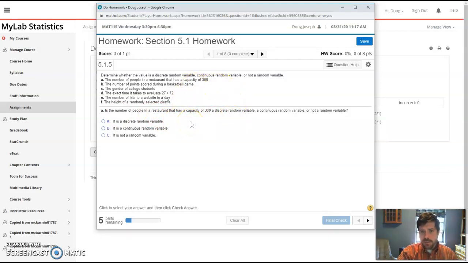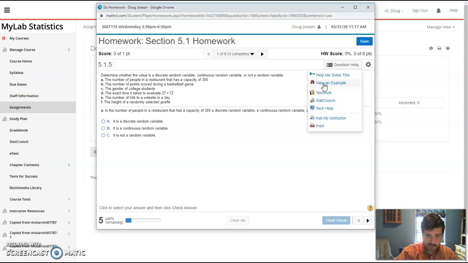So you'll see it here. Now, do make sure you have pop-ups enabled in your browser so that the assignments do come up. If you're confused about any parts of this question, you can go through things. Help me solve it is going to break it down step by step and have you do each step and check it. You can do view an example, where it gives you an example of a very similar question. You can also look at your textbook. Now, you may need to use Stats Crunch later on, or you can do them by hand. So that's an option. Stats Crunch is very similar to Excel, and you probably won't really need it for the rest of this course.